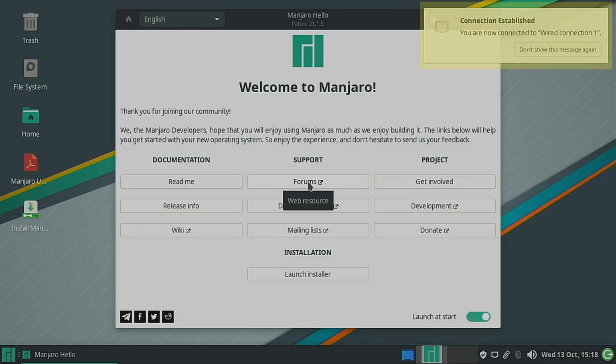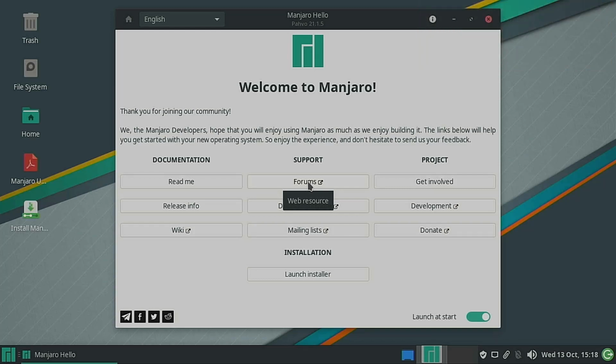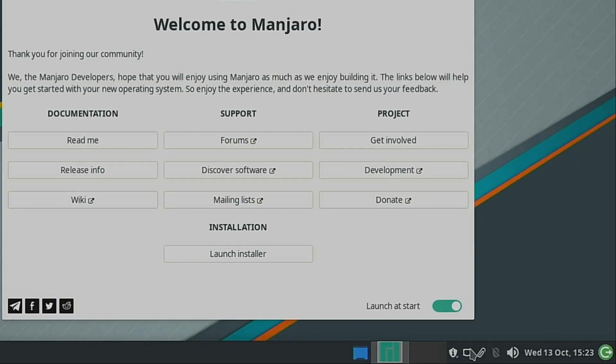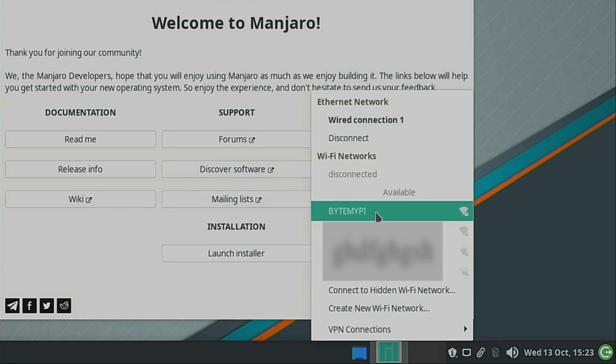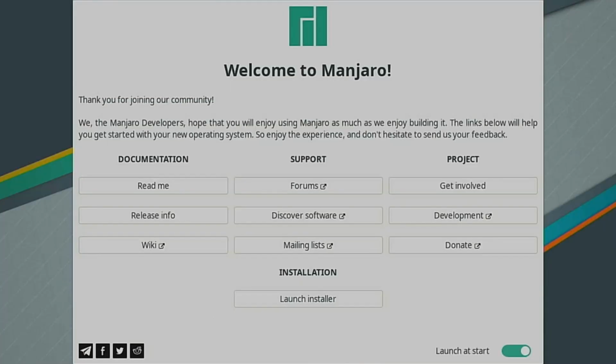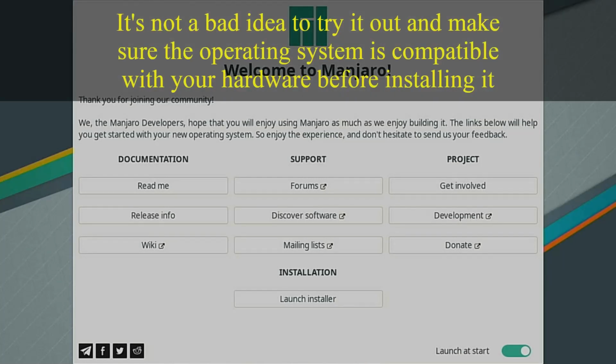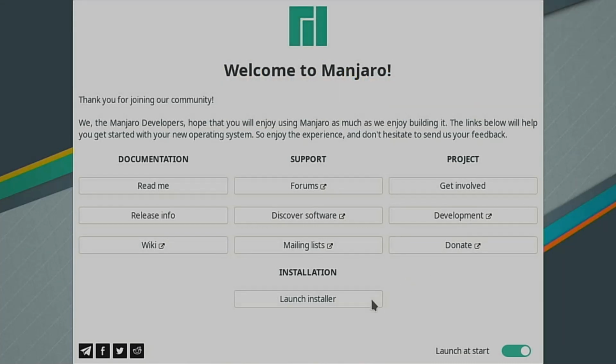Note that I've got a network cable connected to my computer. But if you'd sooner use Wi-Fi, you can click on this little icon at the bottom of the screen and connect to your wireless network. At the moment, Manjaro is running from our USB stick, and to proceed we need to install it to the computer's hard drive. So to do this, click on Launch Installer,